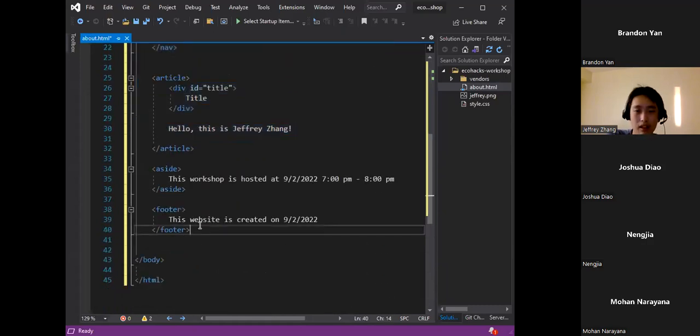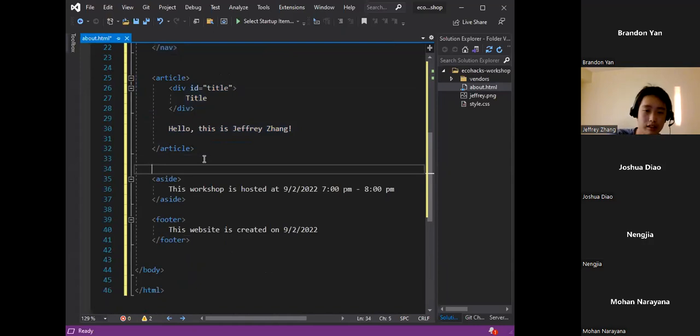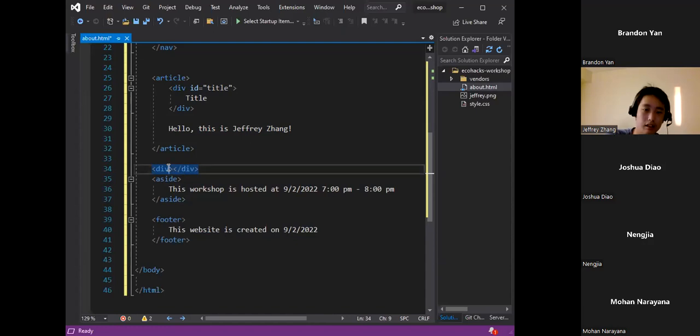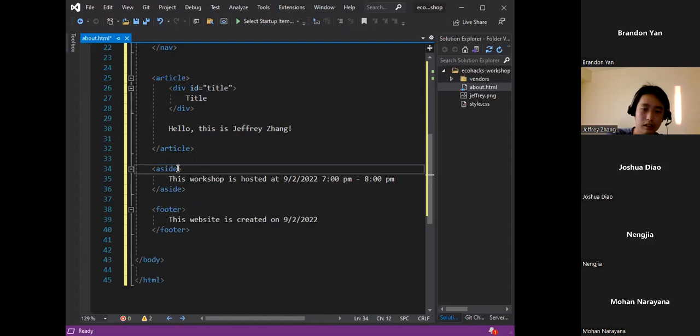Usually you can just use div, and you can replace all those tags with just the div tag, and then you can modify what each of those tags do with CSS. Okay, let me just show you. So instead of having aside, you can just write div and then write class